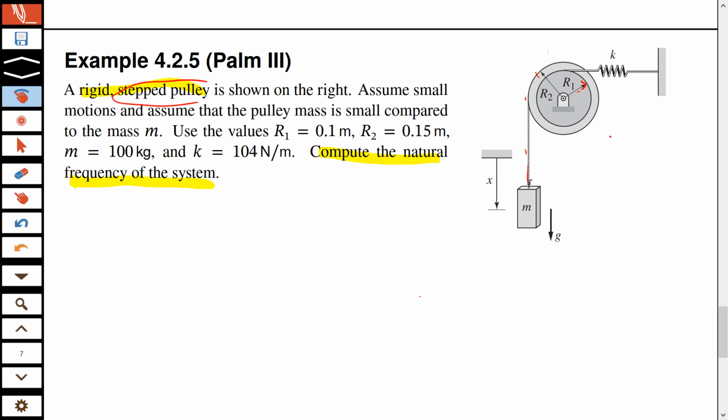But for that, first we need to establish the free body diagram. So on m, the force mg acts here, and here there is a force. Let me just express two different forces. One force will be from the static deflection, which is m times... actually, we'll do the static deflection part later, okay, because the deflection has to come in terms of x, and if this were a simple pulley,